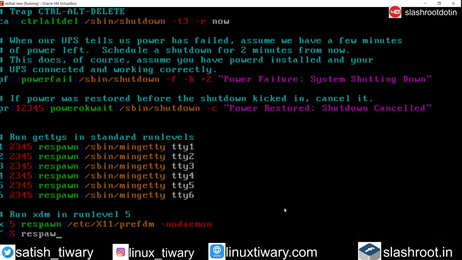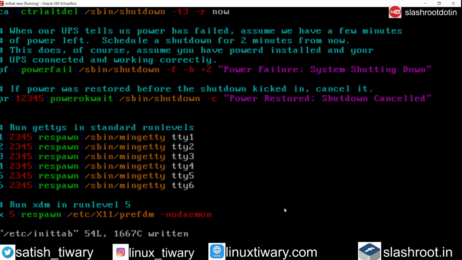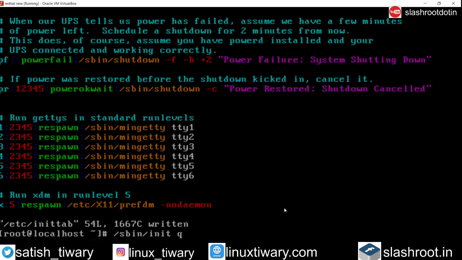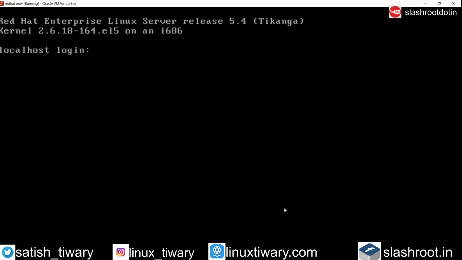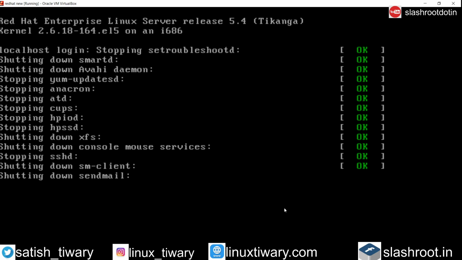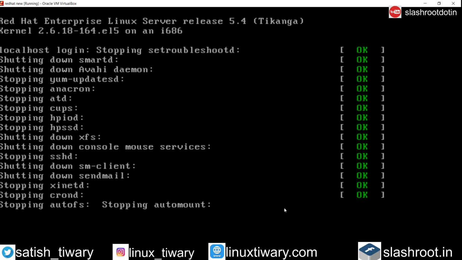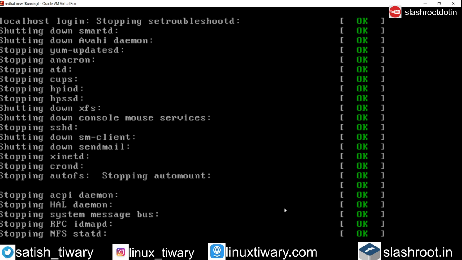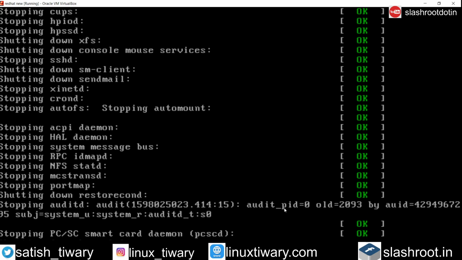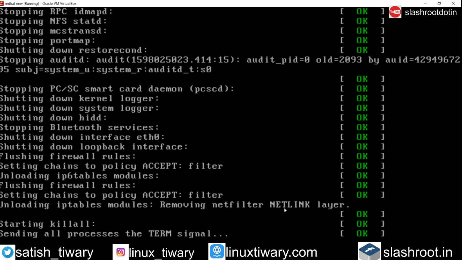Now I'm going to save the file with :wq, and then run the same command, either reboot the system or run the init q command. Now I am going to reboot the system to check whether I am able to log into single user mode or not. Now I will be able to log into single user mode.